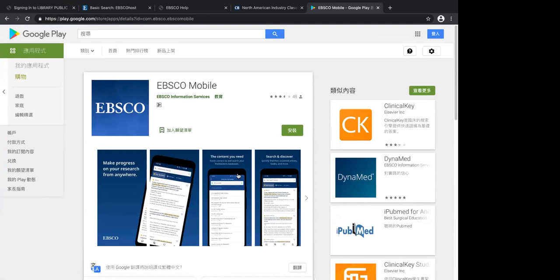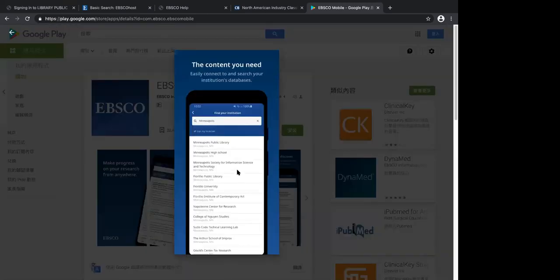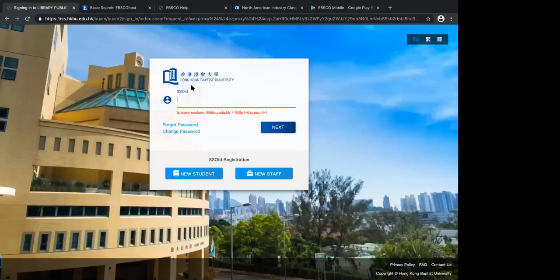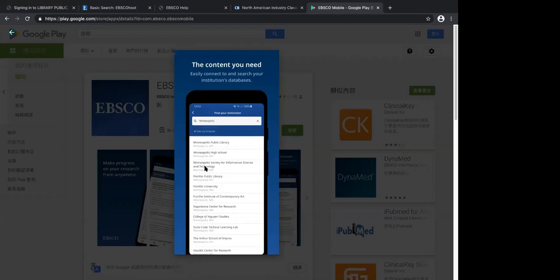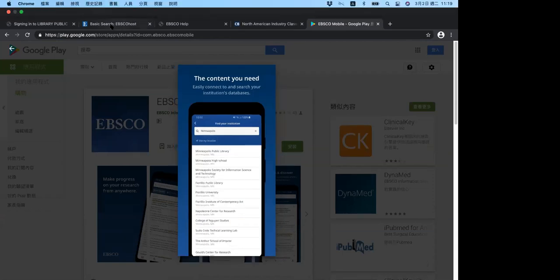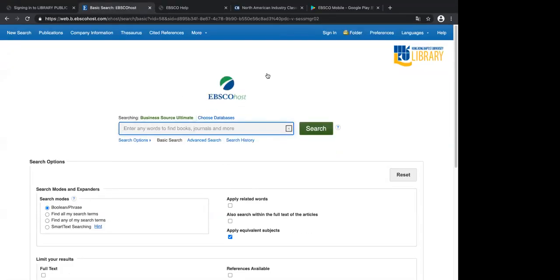And if you use the mobile app the first time, then you need to sign in. How to sign in: you need to go to the app and you can see this find your institution. So if you download the app and open it, it will ask you to find your institution first, and you need to search for your university name. You can put your university name over here, and if you find it, you can click the link. Then it will ask you to log in, and you do not have an ID or password to log in. So you need to go to the library's homepage and go to EBSCOhost and click sign in to